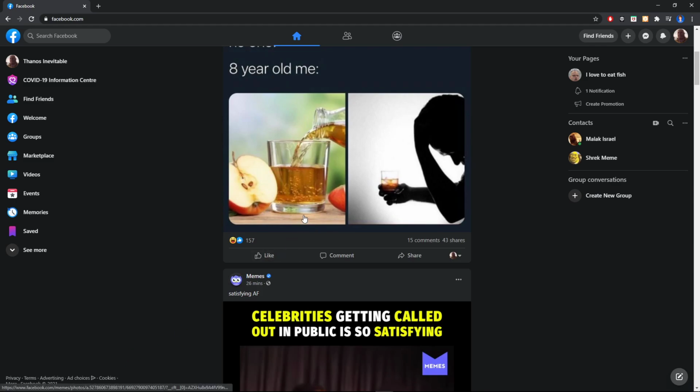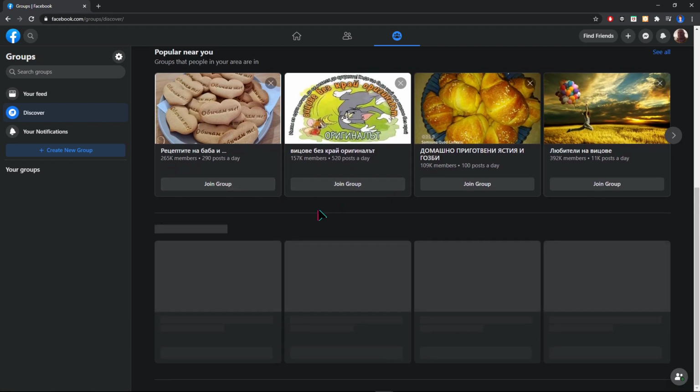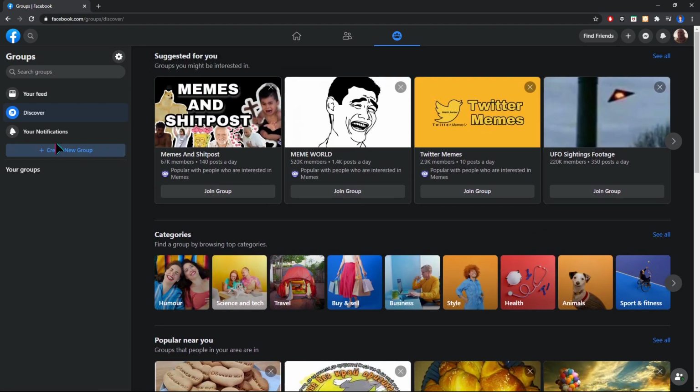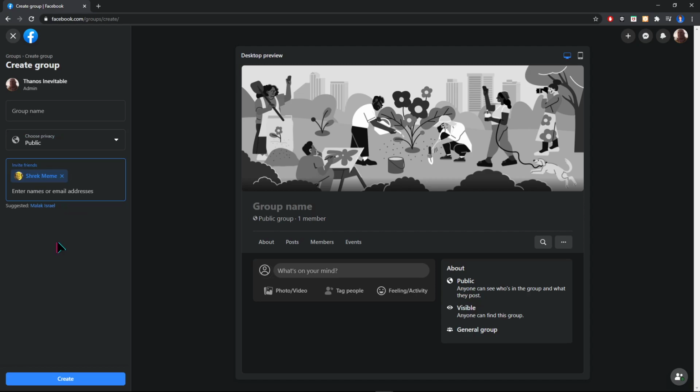So when you're on your Facebook page, just click here on groups on the left side of your page. Click on groups, and from here you can actually join some other groups, but just click here on create a new group, and from here you can choose the name of your group, the privacy, let's say public, and you can add some of your friends, and let's say this group we wanna name